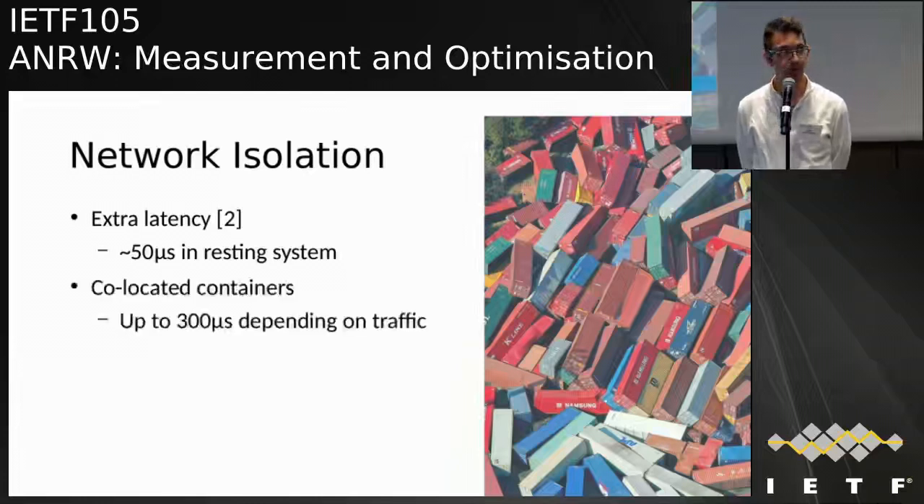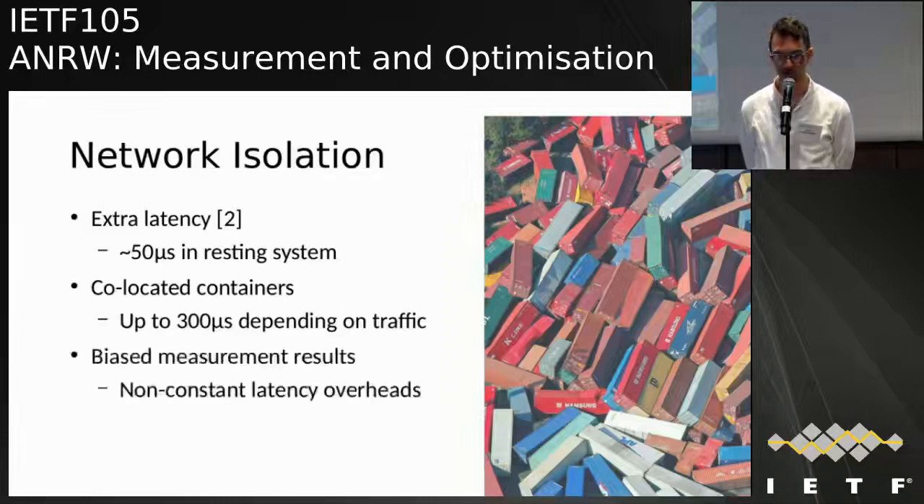But the key issue that we identify, and want to bring to people's attention, is that when you add multiple containers on the same host, this latency overhead increases. We've measured it up to 300 microseconds, depending on traffic. And if you continue to add containers, you can continue to push this latency overhead higher. So if you're doing any measurement that deals with timing, so if you're trying to measure RTT or one-way delay or do inferences based on timing, you have to deal with this in a container. You have to deal with these non-constant